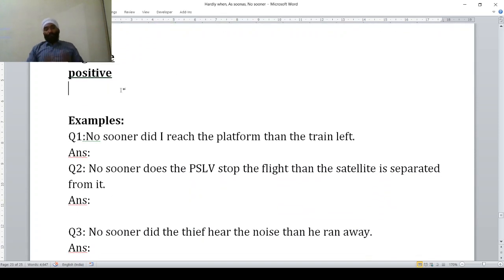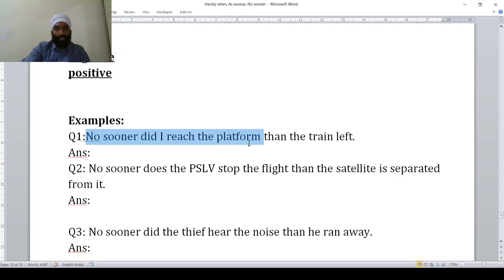With a view to the SSC board exam, some sentences will be given to you in which no sooner than is used, and they will instruct you to use as soon as in such sentences. So you have to make some changes and use as soon as, joining both the clauses. So what are the steps to join these two clauses? Let us see the first example.